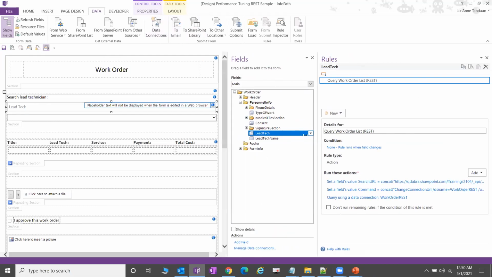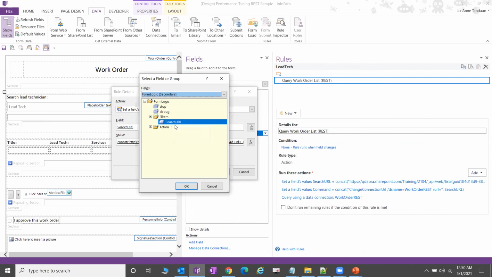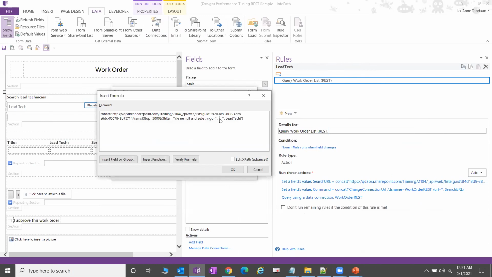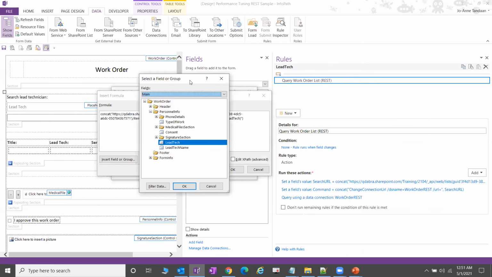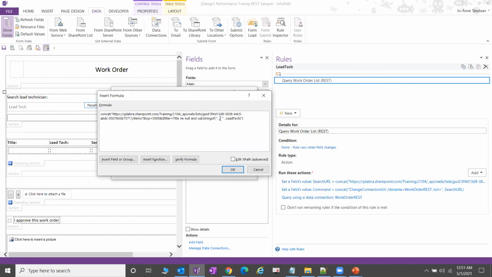All right, so in the search text box, I'm setting a search URL field that's in my form logic here, and I'm just dynamically getting the value here. So this is the text or the partial text that's been entered in the search box, and it's going to append that in our query here. So it's going to filter and do a partial text search, and compare that to all the values